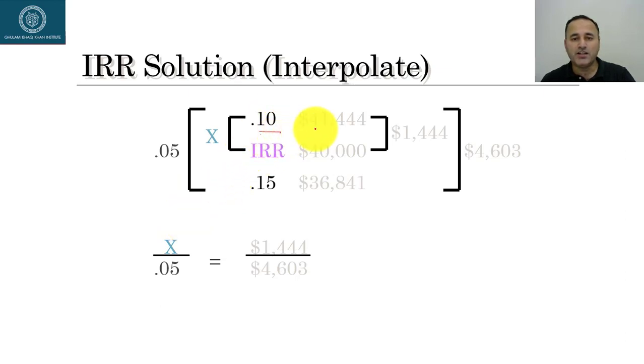So with 10%, my present value was 41,441, and then with 15%, my present value of all inflows was 36,841. And since my target is 40,000, why 40,000? Because this is the initial cash outlay. So at what rate, if I discount all my inflows, will it equal my initial cash investment? So if you see